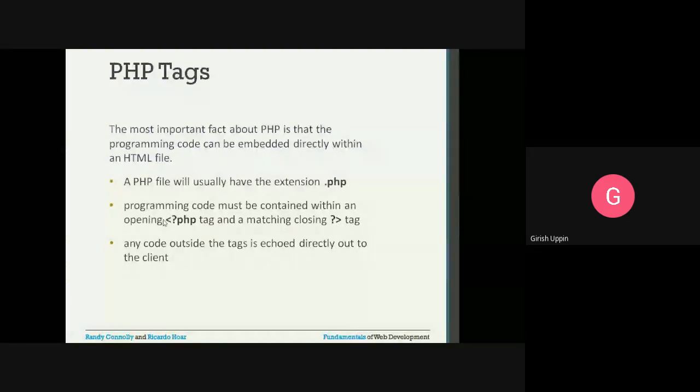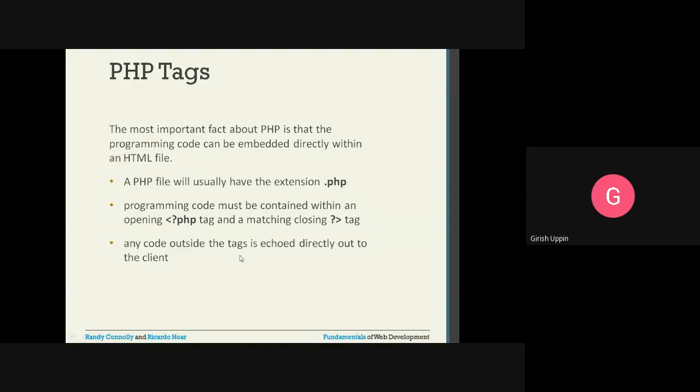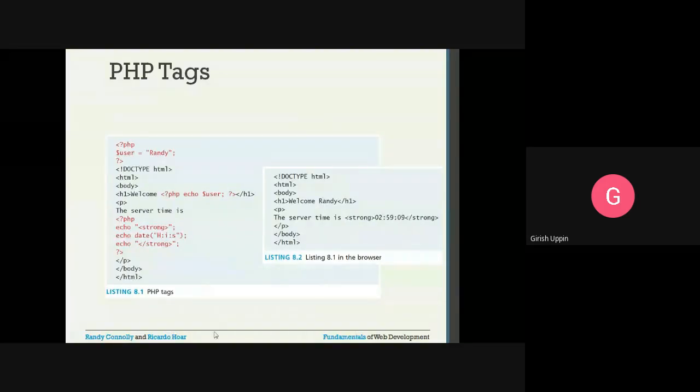This is the open angle bracket question mark, then we have the PHP tag, then it ends with a question mark and the closing angle bracket. Any code outside the tags is echoed directly out to the client. So if any code is outside this, it will be like any text content, and it will be directly displayed on the browser as is.